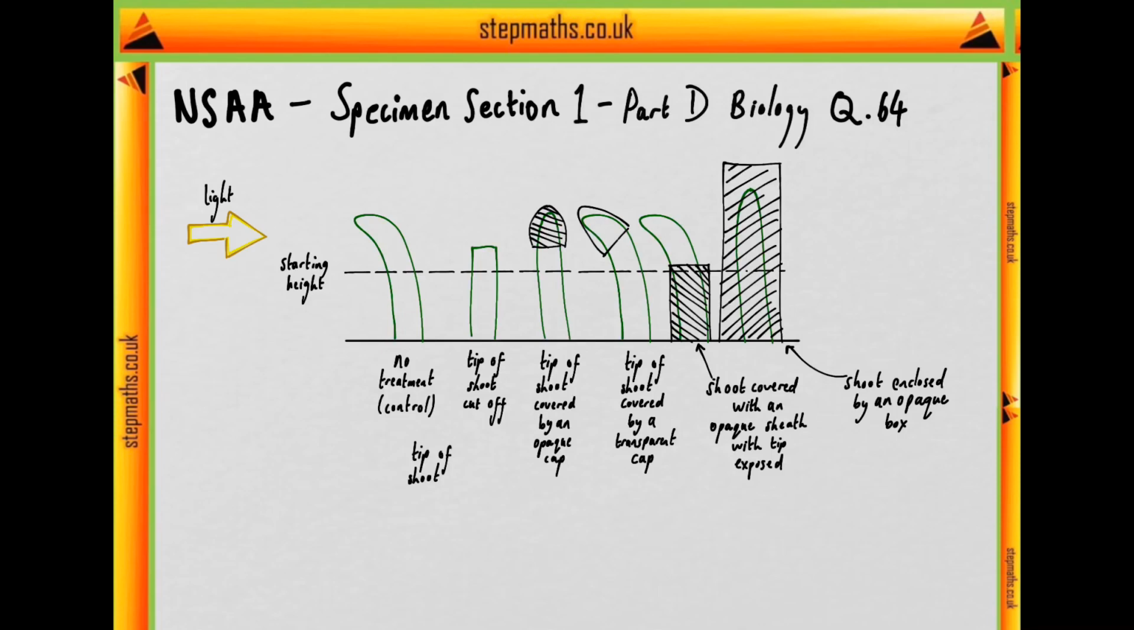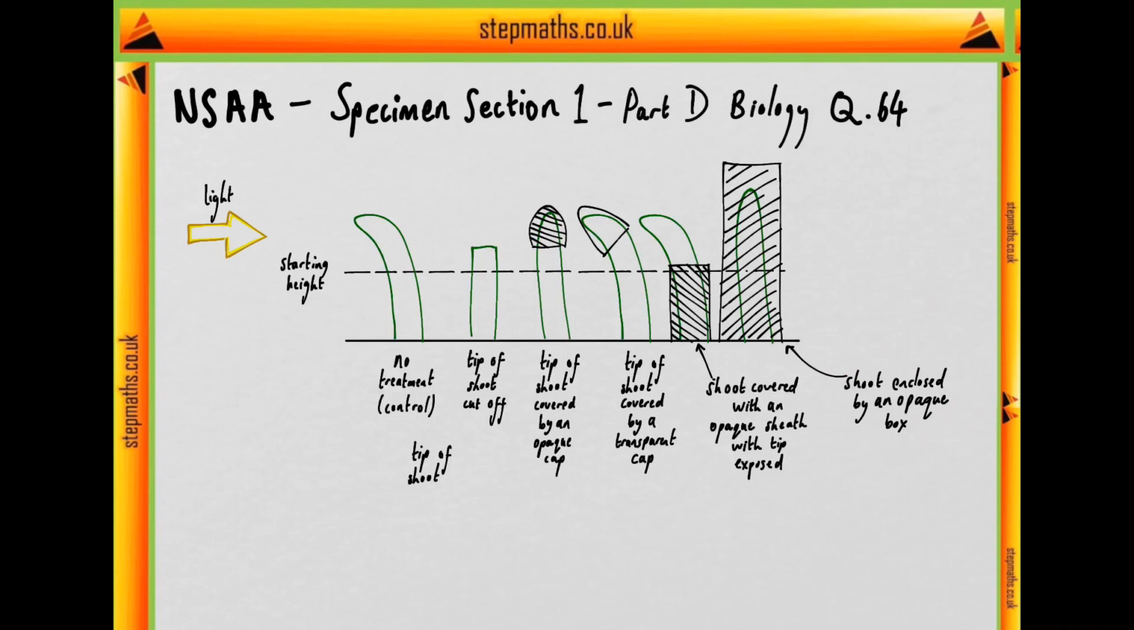So let's have a look at all of our different treatments. We have no treatment in the control, where we see a curvature to the left. We have a tip of shoot being cut off, where we see small vertical growth. We have tip of shoot covered by an opaque cap, and again we see some vertical growth. And then we have tip of the shoot covered by a transparent cap, where we see leftward growth towards the light. And we see shoot covered with an opaque cover with tip exposed. Again, there is a positive response towards the light, i.e. growth towards the light. And finally we have when the shoot is enclosed by an opaque box, there is vertical